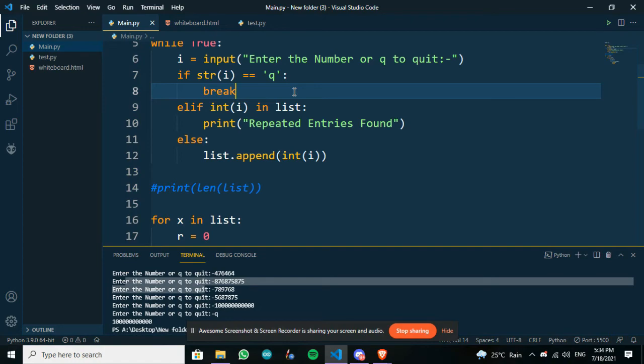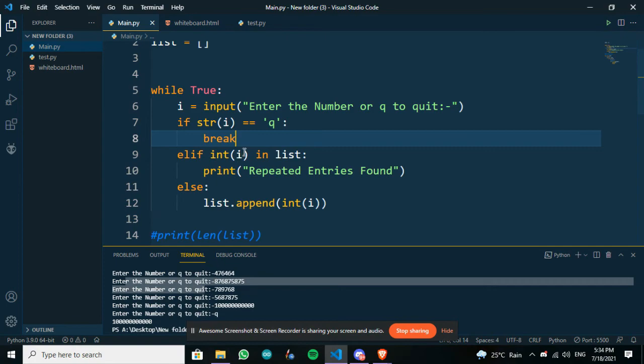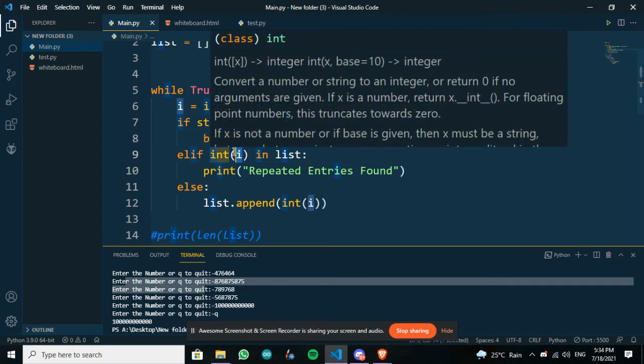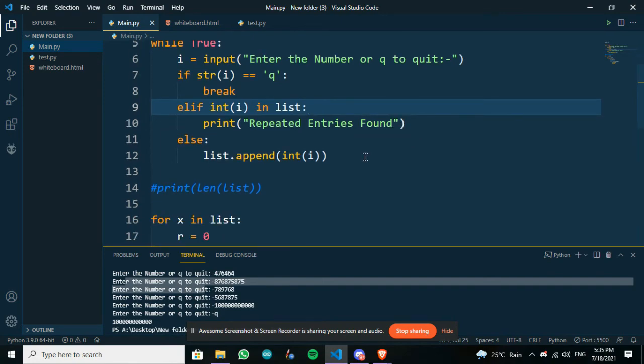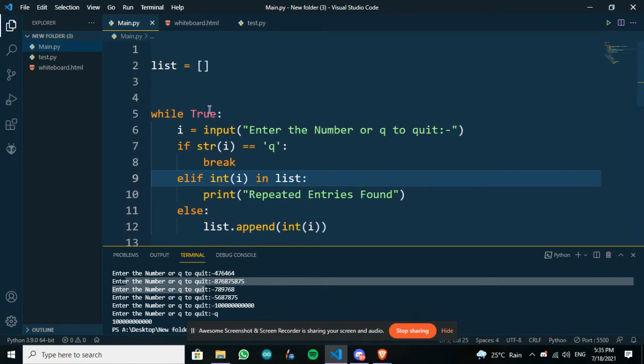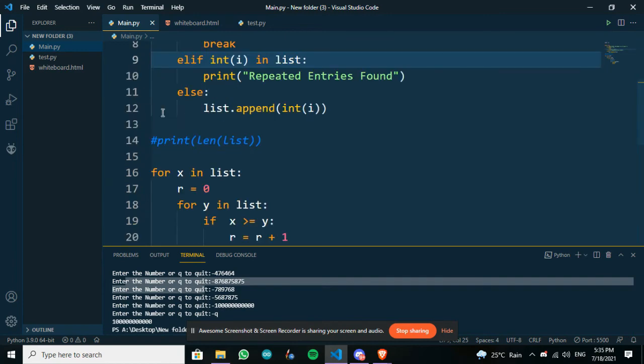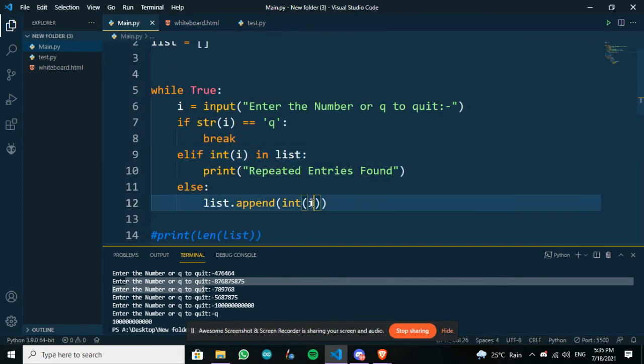So for that I checked that whatever key the user inputted is not already present in the list. If it is in the list, then say that repeated entries were found, and don't add that to the list. And unless it is a repeat, add that into the list, which is how the list is made.